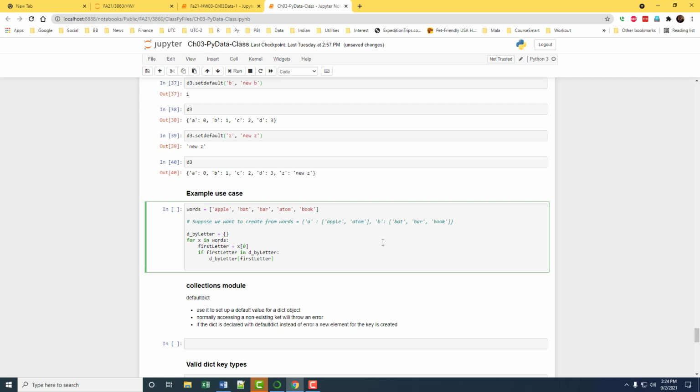When we discussed lists, we know that we can use the append, so that word X is going to get appended into that list. If the key is already there, then the list will come back and you add that word into the list.